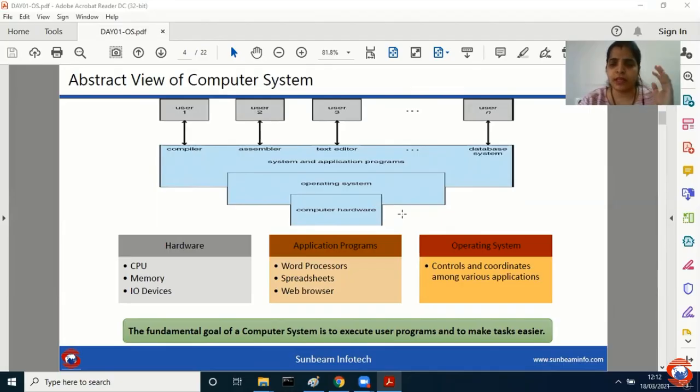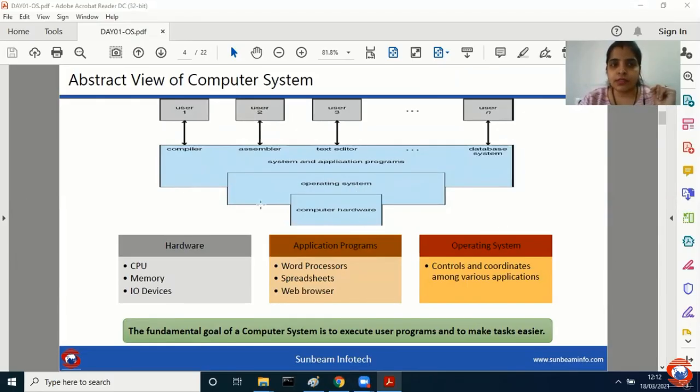So once you focus, then it will go very smooth and you can score well and you can get a good rank also. The reason is in some of the C programs, you are not sure about the output, but in these kinds of subjects, you can select the correct option based on your theoretical knowledge and you can get a good rank. So this is how it is, right?